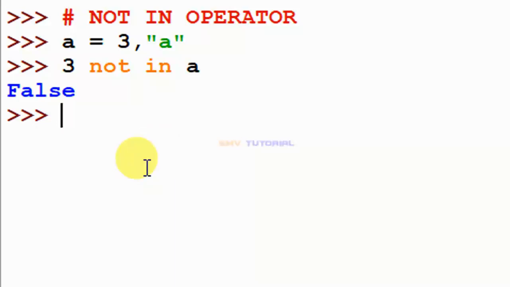Check the next one: 4 not in A. This condition is satisfied, true. Why? Because 4 is not in the A object, so this condition is true.